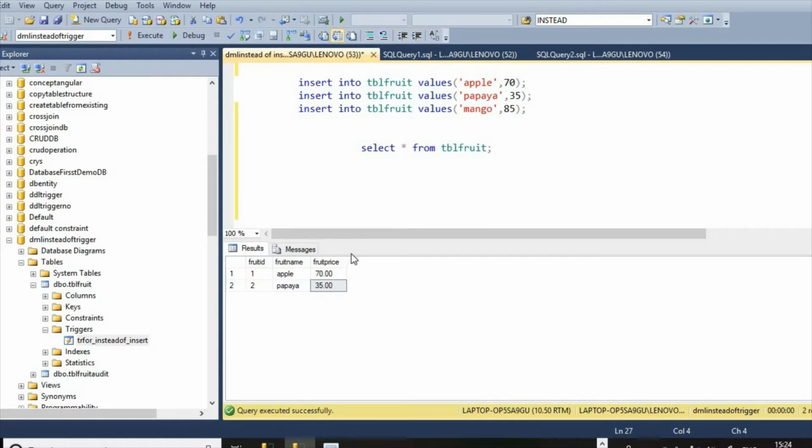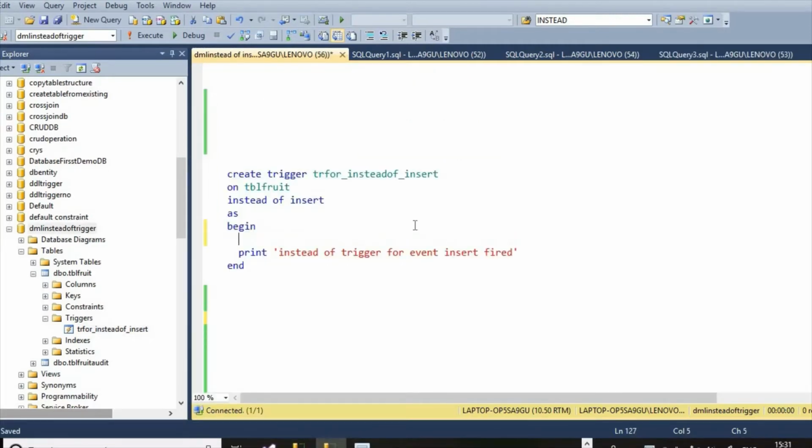Then if there is no insertion of any record into the table, why was that message there? Because in the case of after insert trigger, we have seen there was a magic table inserted. In this way, here there is one magic table inserted. So the row is inserted into that magic table only and not into the actual table.